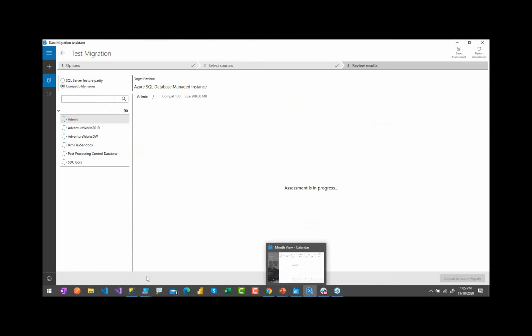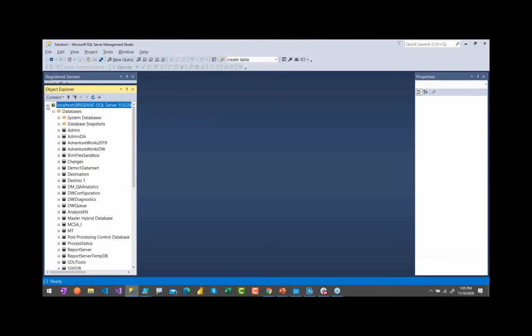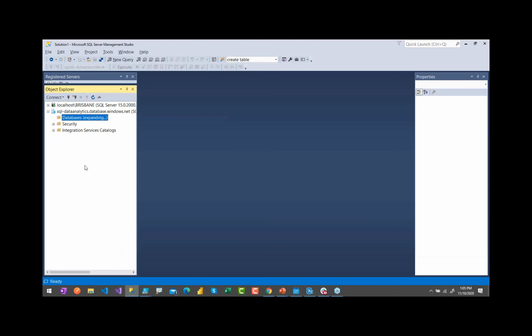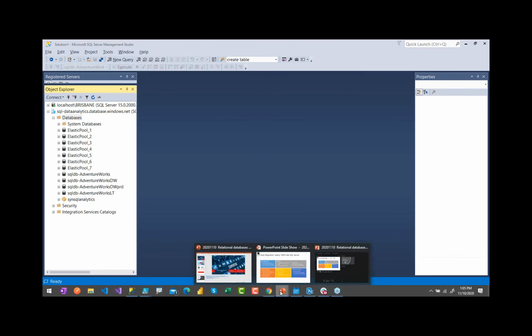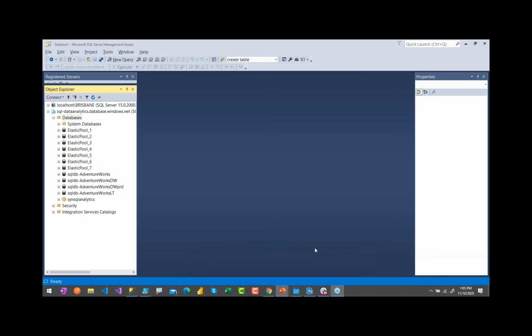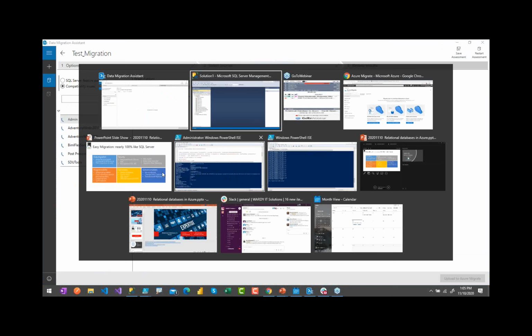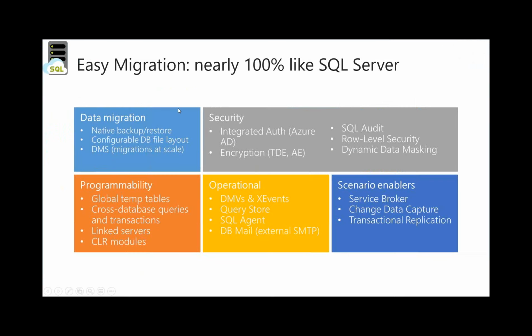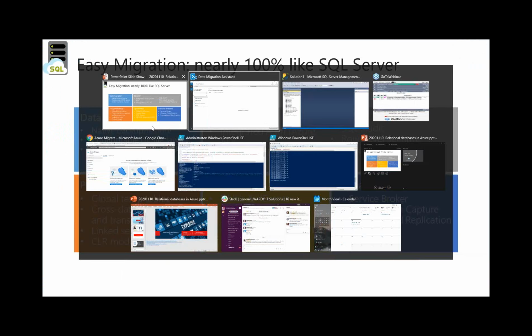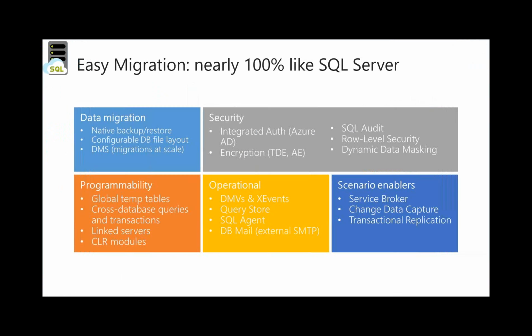Okay. And you can see even within the script of the Elastic pools, pretty much, maybe we'll stop it. But you can see how we are creating databases using those Elastic pools. So just to be cautious about time, let me see if we finish the assessment, we'll go back to the presentation. This was pretty much what I wanted to cover related to the databases within the SQL Server engine that they